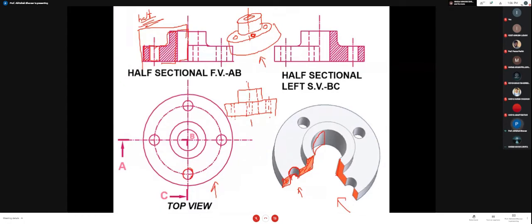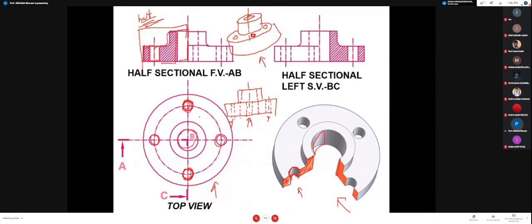The half hole inside at the back will be merged with this hidden line. So that's why you are not going to show it. So how many holes are visible to us? 4 holes. Actually 4 holes are there. If I want to draw the front view, I have to see 4 holes. But the other hole at the back is going to hide behind this one, so it is not visible to me. So that's why I am going to show 3 holes. This is one hole, this is the second hole, this is the third hole, and this is the hidden line that is representing this big hole.